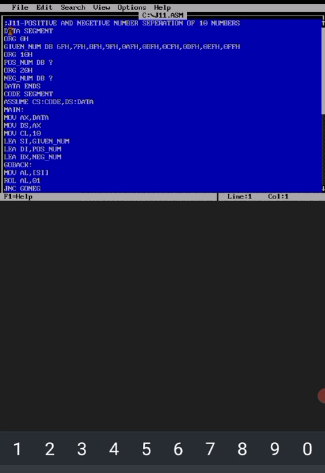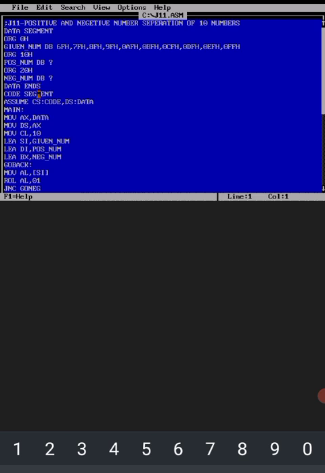In all the programs we will be having a data segment. Data segment, org 0h, give the numbers. I have taken 10 numbers here. From these 10 numbers I should separate which are positive numbers and which are negative numbers. That is the main intention of this program. Org 10h, pos_n db ?, is the expected result which I want to get after writing the program. Org 20h, in the second row I should get the negative numbers, and the data segment ends here.